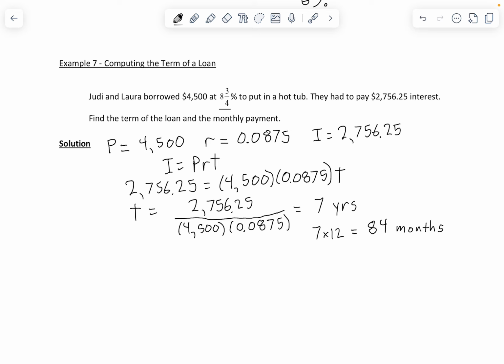So the total amount paid is the principal plus the interest, the future value. That's the principal, which was $4,500, plus the interest, which was $2,756.25. Altogether, that is